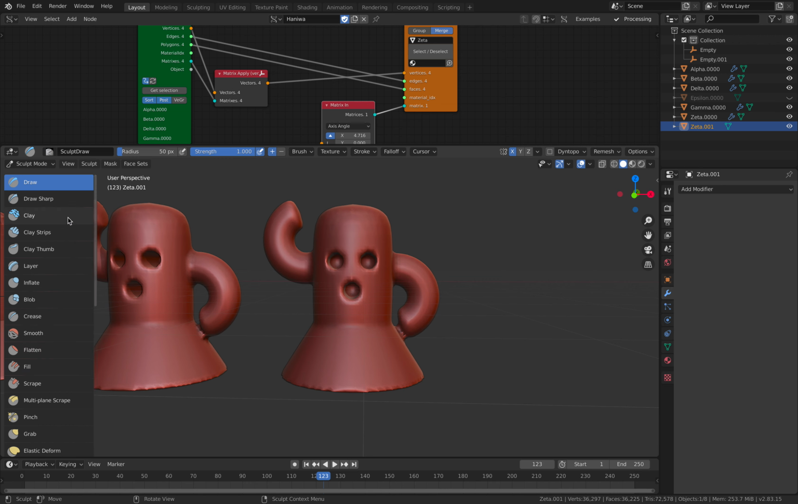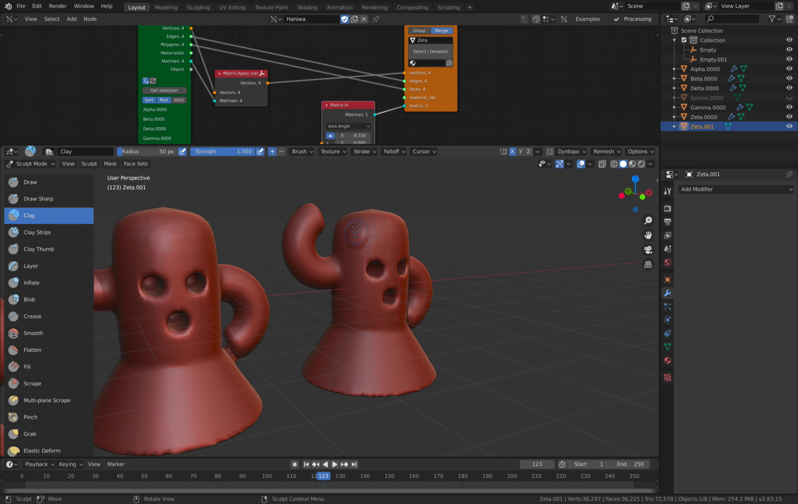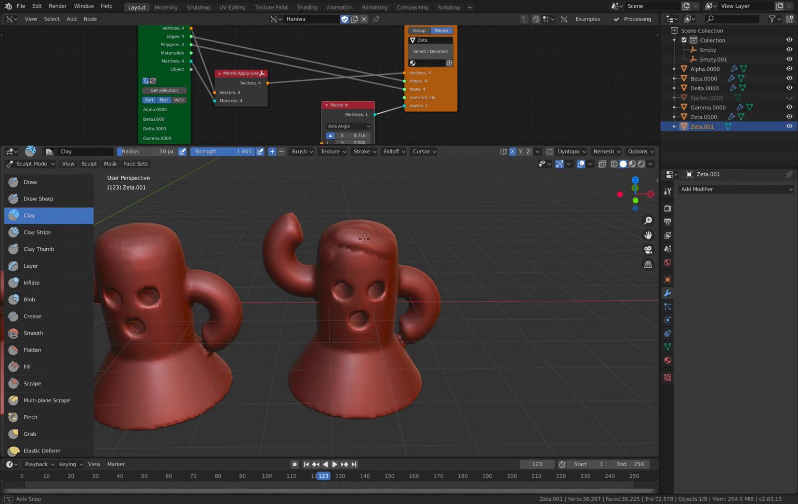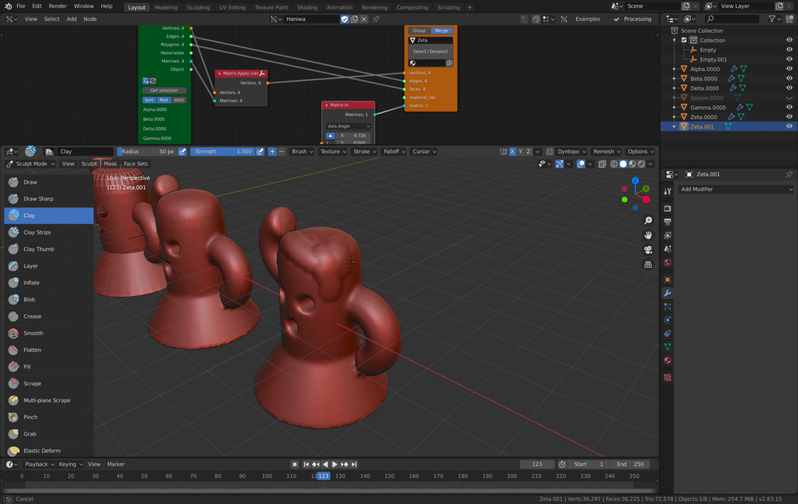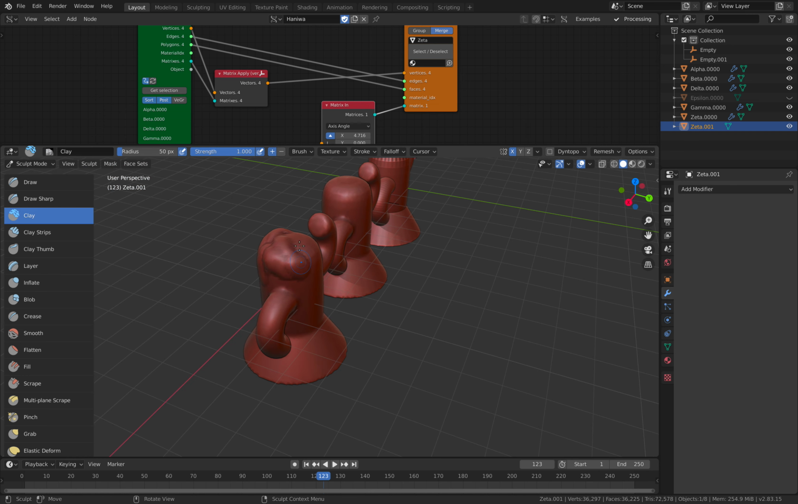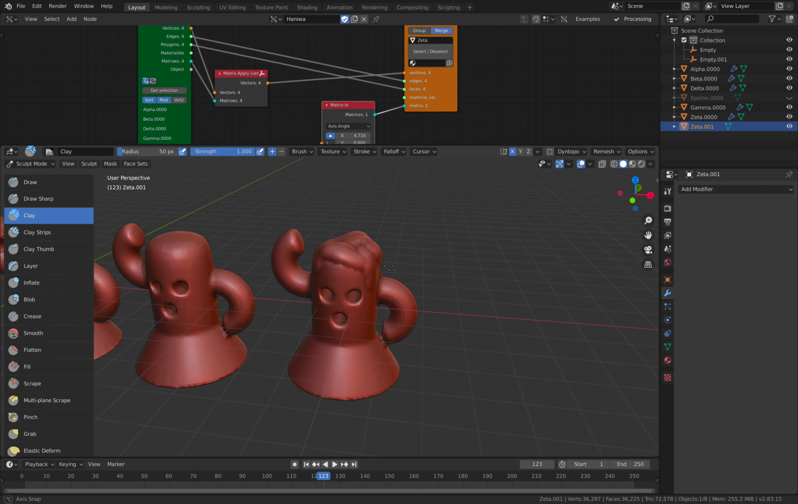We have something cool with Blender 2.83. This is the clay and the clay stripes. Actually, you can add more details this way. This is already like going into sculpting. It's totally